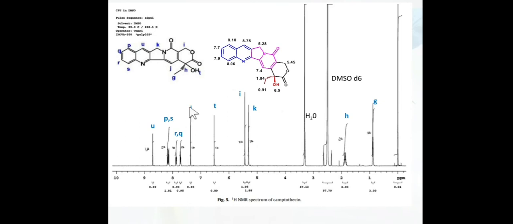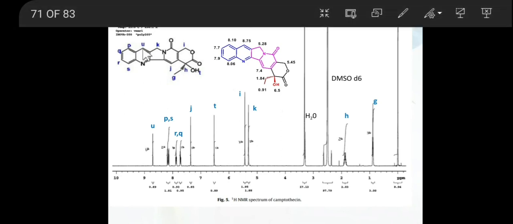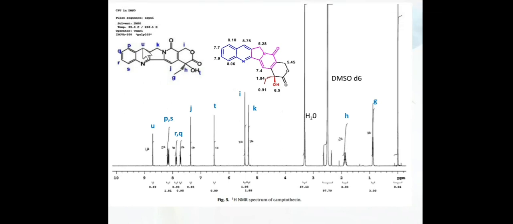So this singlet accounts for the CH which is present in this pyrimidine ring. Okay, so this is how we can illustrate. The most downfield proton is para to this nitrogen, the quinoline proton from the natural product, so it is appearing at 8.75. So this is the most downfield proton. This is how we can determine the structure by using FTIR as well as mass and H1 NMR.